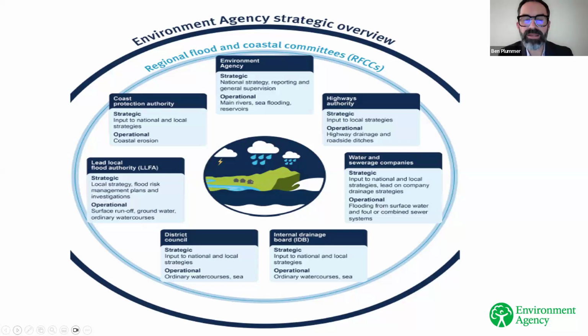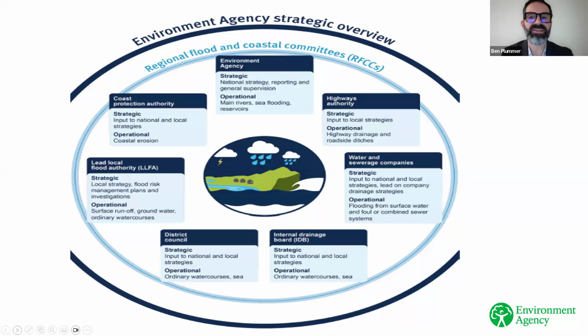Under the Flood and Water Management Act in 2010, we've also got a strategic overview on all sources of flooding, and that includes a statutory requirement to produce and deliver an NaFRA2 strategy, which you may well have seen, as well as providing national publicly available data and information on flooding and coastal change to inform decisions made by all risk management authorities involved in flood risk management. And it's mainly that part of our strategic overview role that is most relevant to what we'll be discussing with you today, with the updates to our NCERM and NaFRA data and our related digital services.